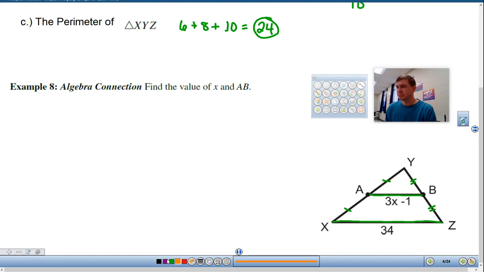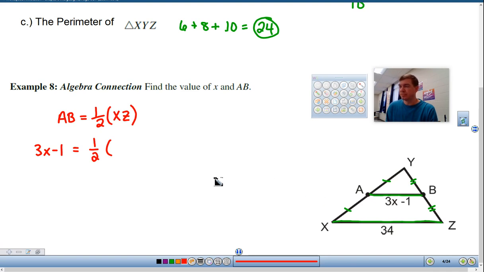And that means that AB, the midsegment, and this is kind of tricky to write when you're first starting, but AB is half of what XZ is. So we can fill that in by saying AB is actually 3x minus 1,